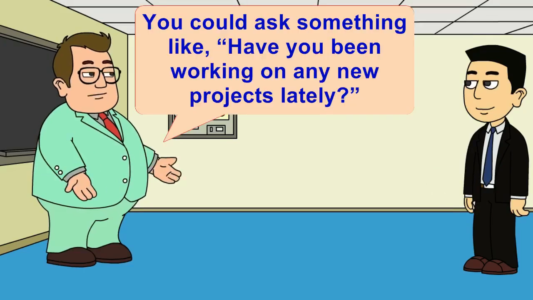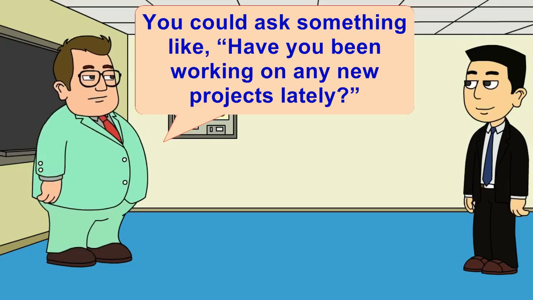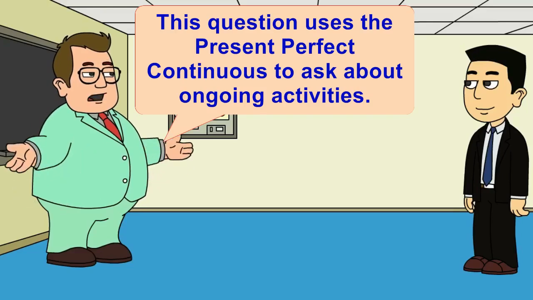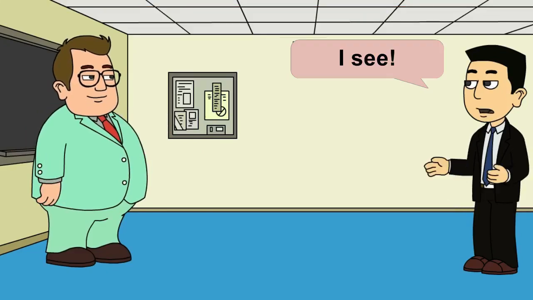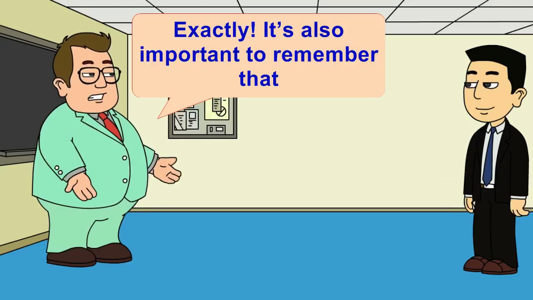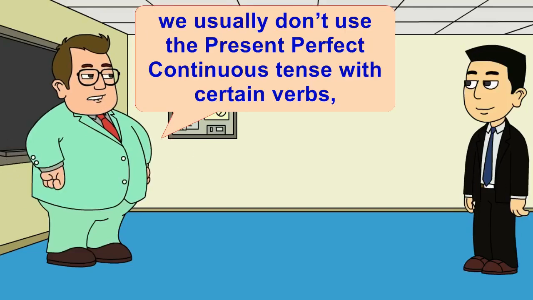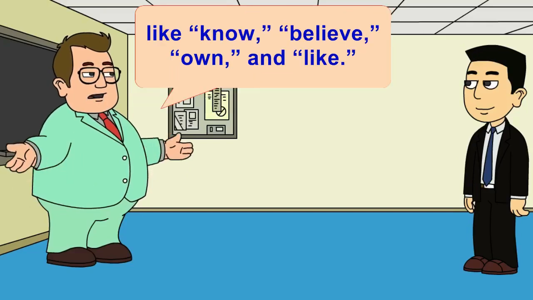You could ask something like, have you been working on any new projects lately? This question uses the present perfect continuous to ask about ongoing activities. I see. So, it's useful for asking about things people are currently doing or have been doing recently. Exactly. It's also important to remember that we usually don't use the present perfect continuous tense with certain verbs like